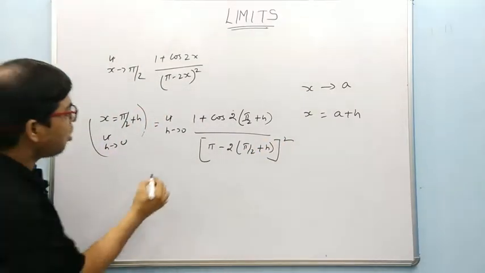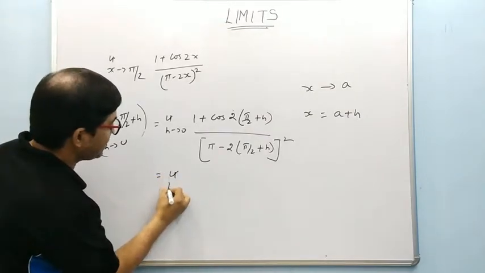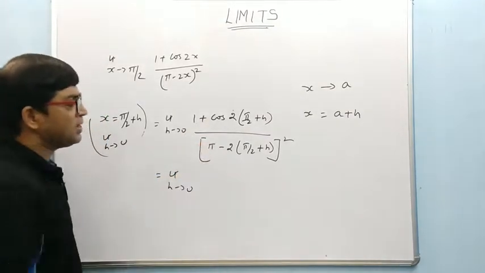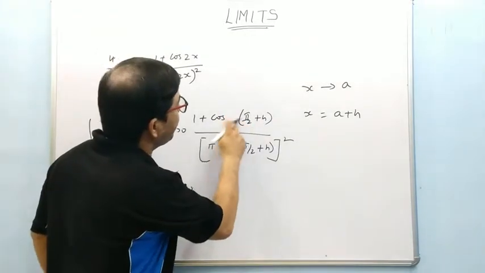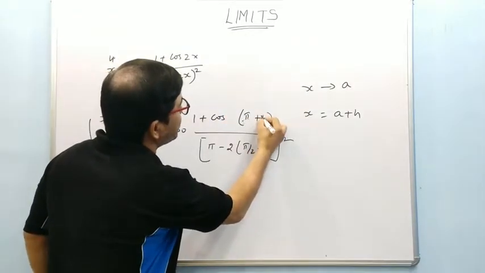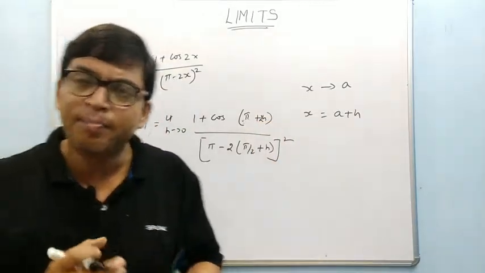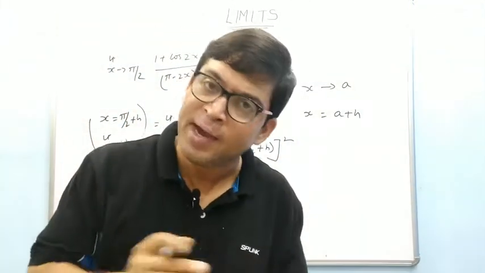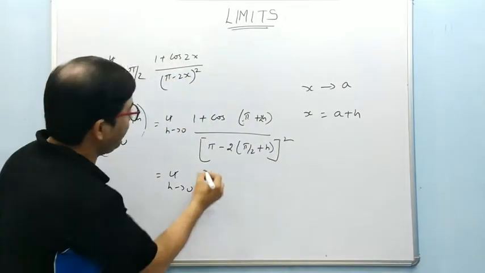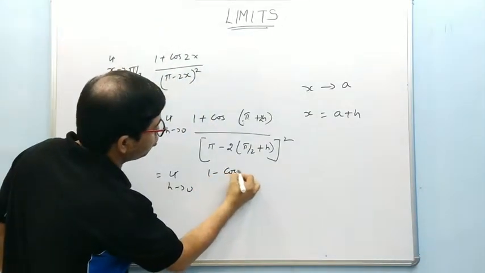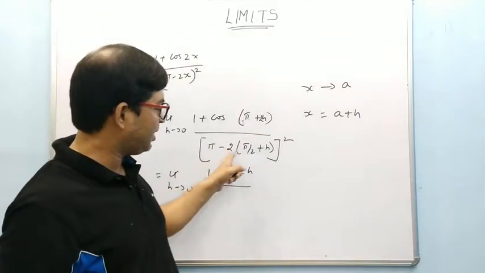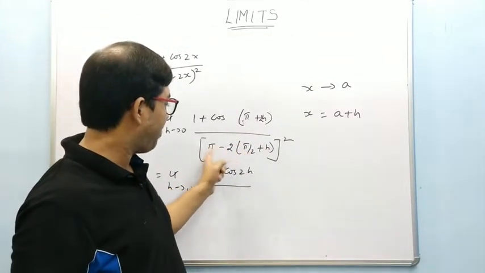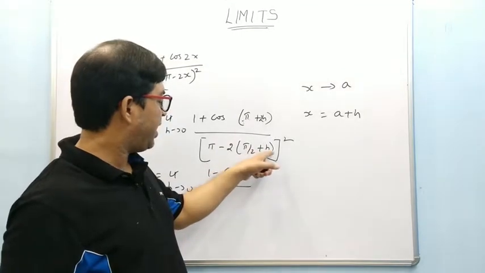So for solving it, it is giving us 1 plus cos, if I just multiply 2 here, it will be cos pi plus 2h. And you know cos 180 plus theta is minus cos theta. So this will be 1 minus cos 2h. And here on solving, if I multiply 2, this is pi, pi will get cancelled out, minus 2h